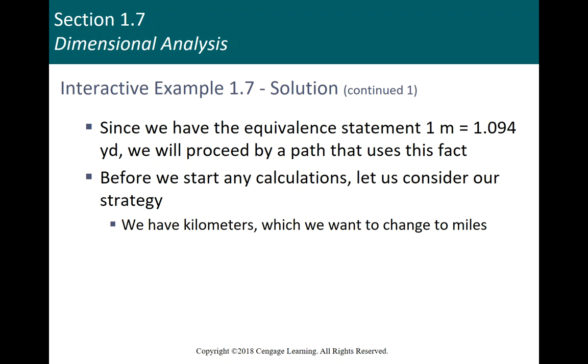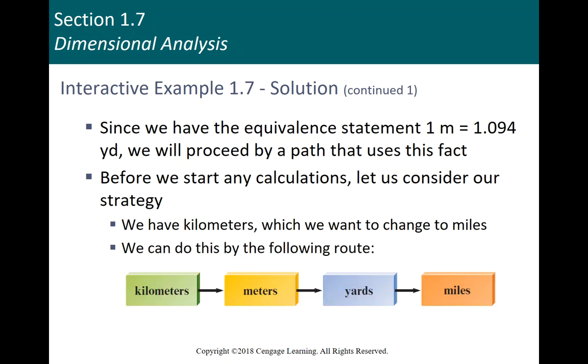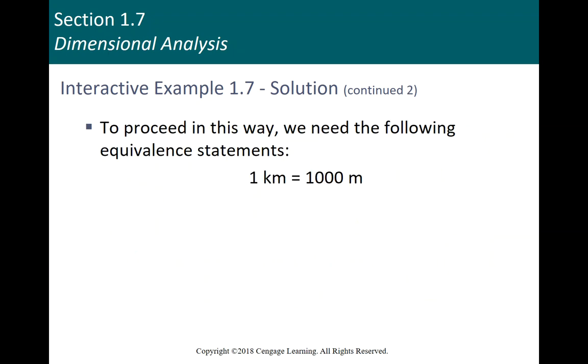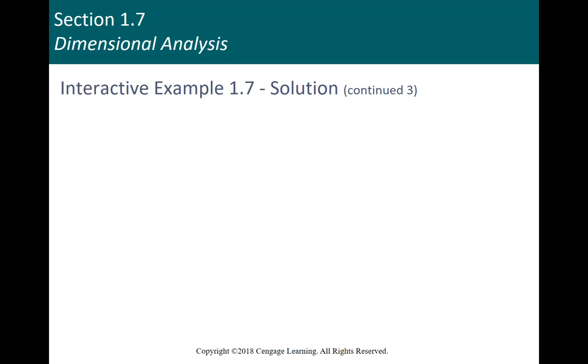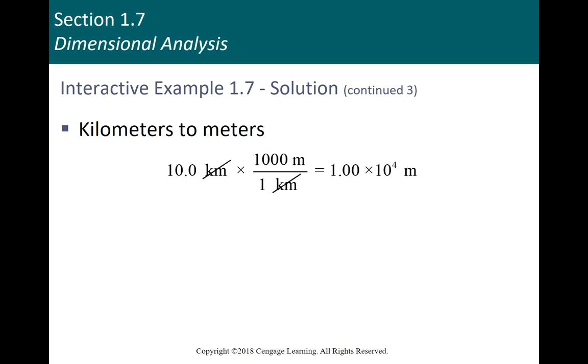We have kilometers, which we want to change to miles. So we can go from kilometers to meters, because that's a metric conversion. We know what that is. Meters to yards, that's up here. And then we also know, because we're used to the English system of units, we normally know how many yards are in a mile. We might have to look that one up too. So here are our equivalent statements, and we're going to put those